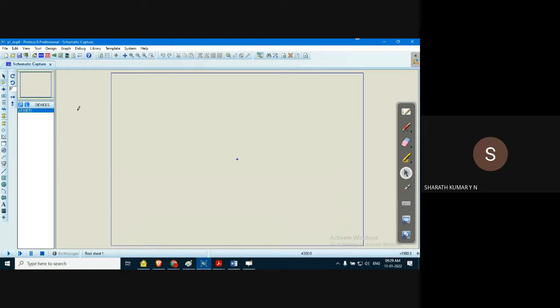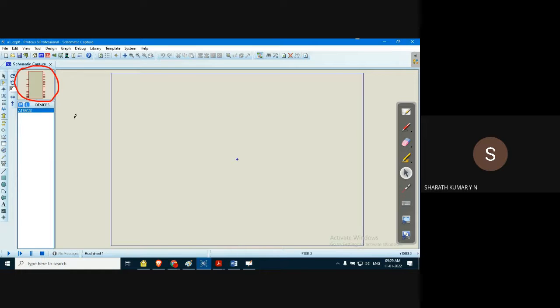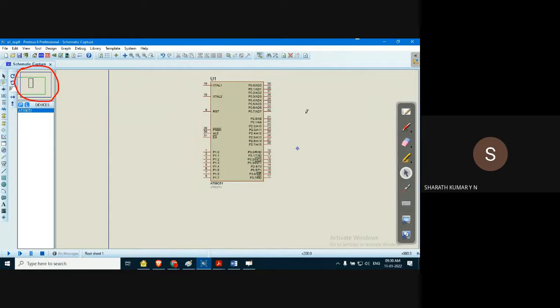And you can see that on the left hand side the component is placed. Below P, you can see that the component is placed. Click on the component, and in the preview window you can see which component is being selected. Click on the component, drag it, and click on this editable space. You can place it anywhere. Let us place it somewhere. No problem, anywhere you can place it. Okay, here we go.